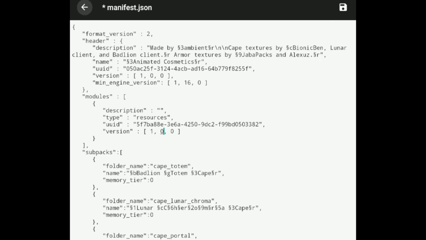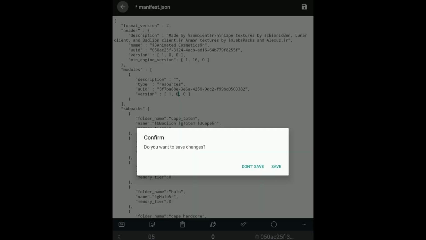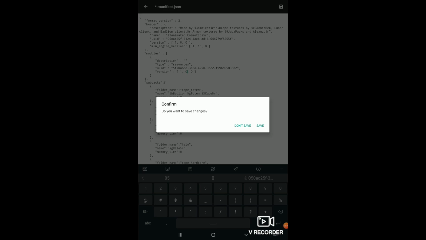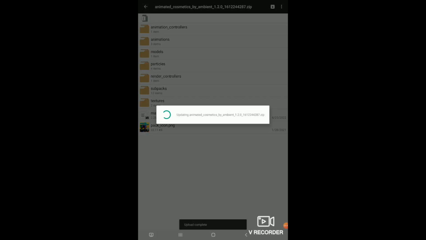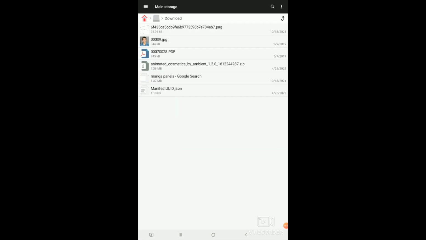And now once you've got this far, what you want to do is press the back button in the top left, and it says confirm. Make sure you save this so you don't have to do this again. Save your changes just like this after pressing the back button. Give it a second to load, and then you can press back again and completely close out of that zip file just like this. And you've now changed your manifest inside of your custom resource pack,